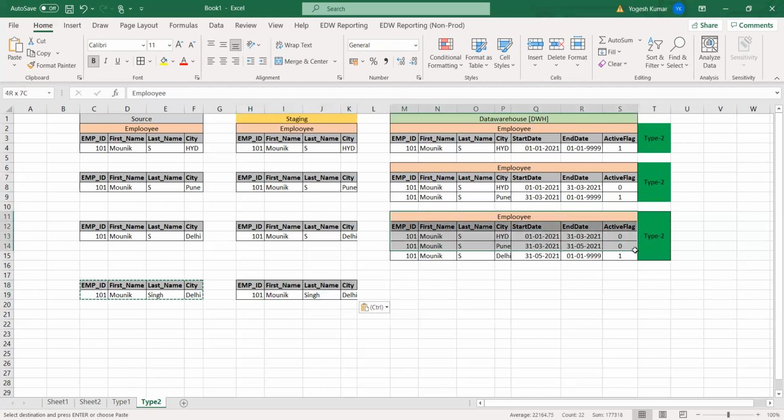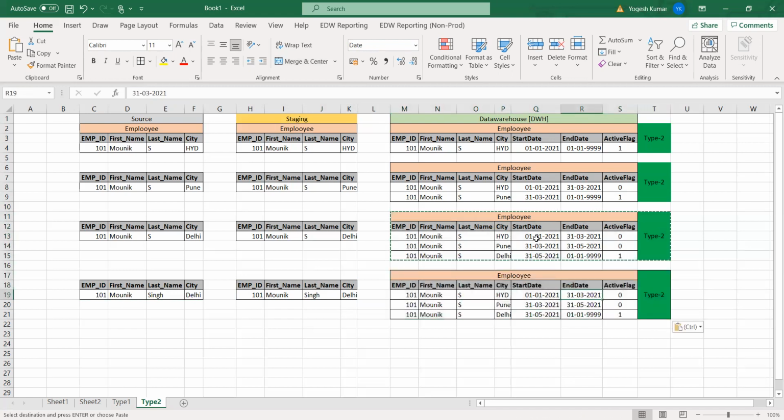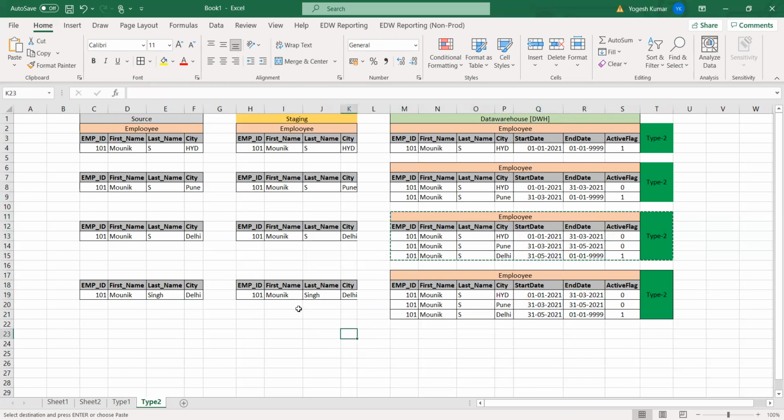Now the last name will be changed here in the data warehouse, right? Can't we change it in all three rows?